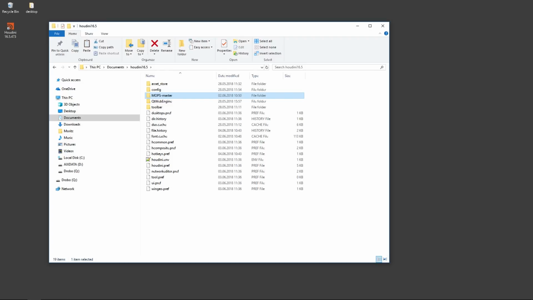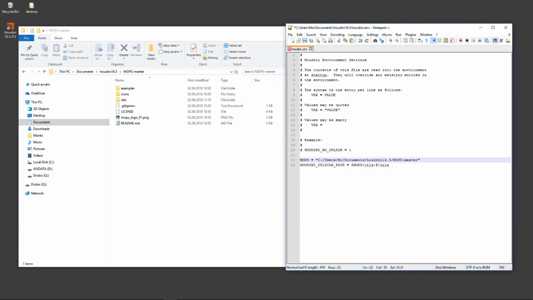In this case, I just copied it to Houdini's 16.5 documents folders, which has the nice benefit that it's right above the houdini.env file, which we'll have to edit in order to be able to access MOPs in Houdini as soon as it loads. So you'll open up the houdini.env file, and all you have to do is add those 2 lines in your Houdini env,